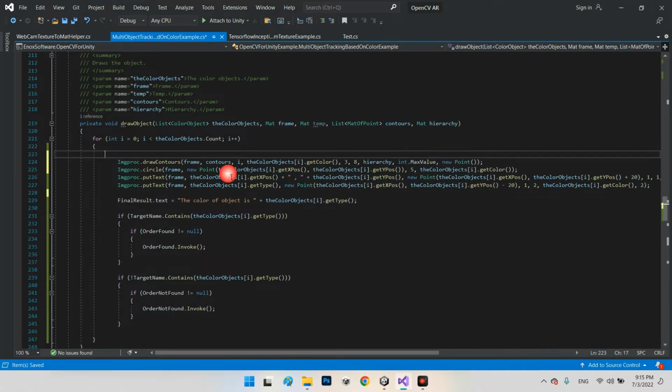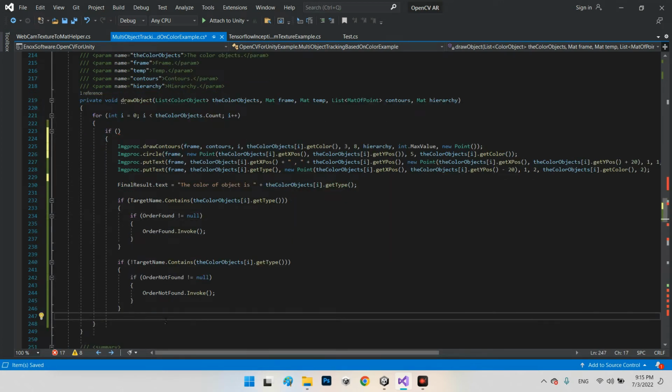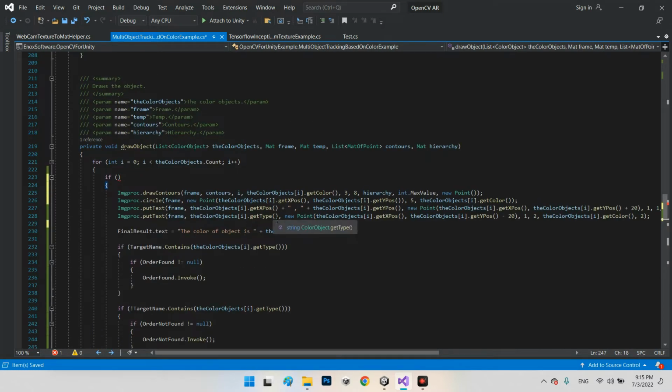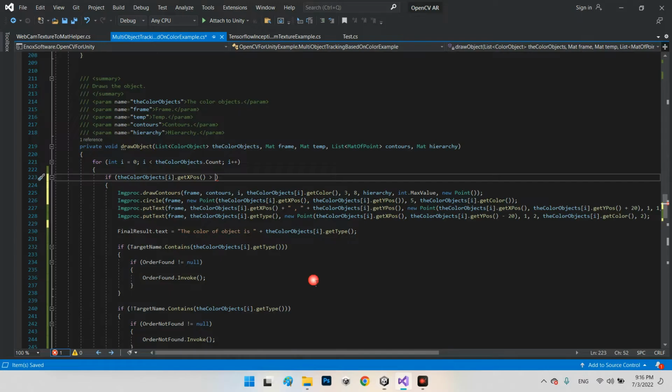We can add our if in here for the whole process, and we will say get pose X, if the cube is here, 300 and 235